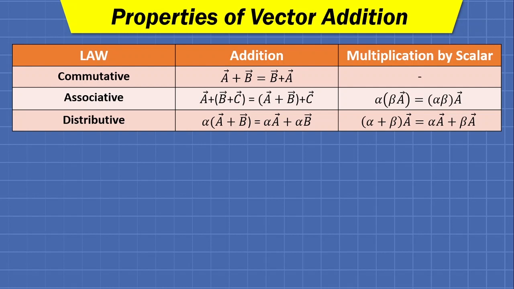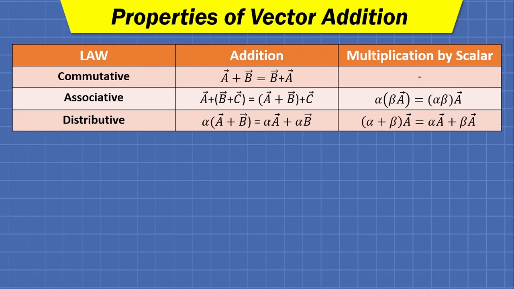The law of association. So this vector addition algebra also follows the law of association. That means a bar plus the resultant vector of b bar and c bar will be equal to the resultant vector of a bar and b bar, plus c bar. So in case of three vectors, we will have the same result by interchanging the sequence of vectors. So the resultant vector will have no change if we change the sequence of addition.